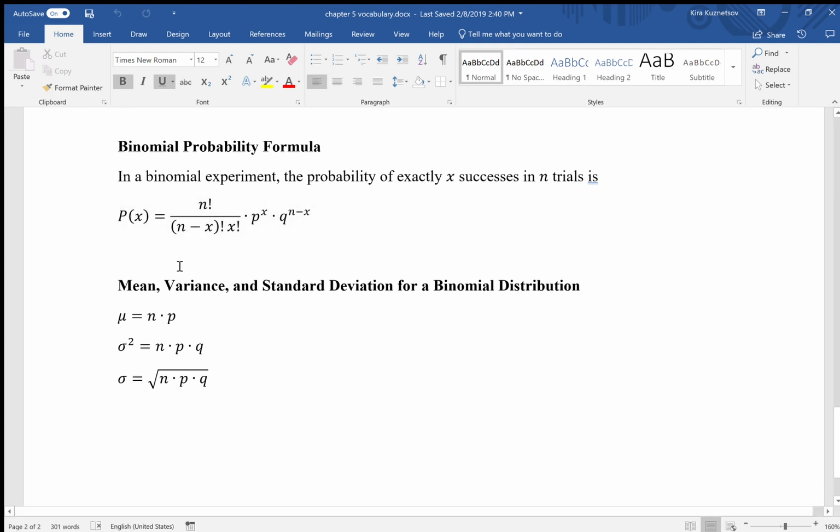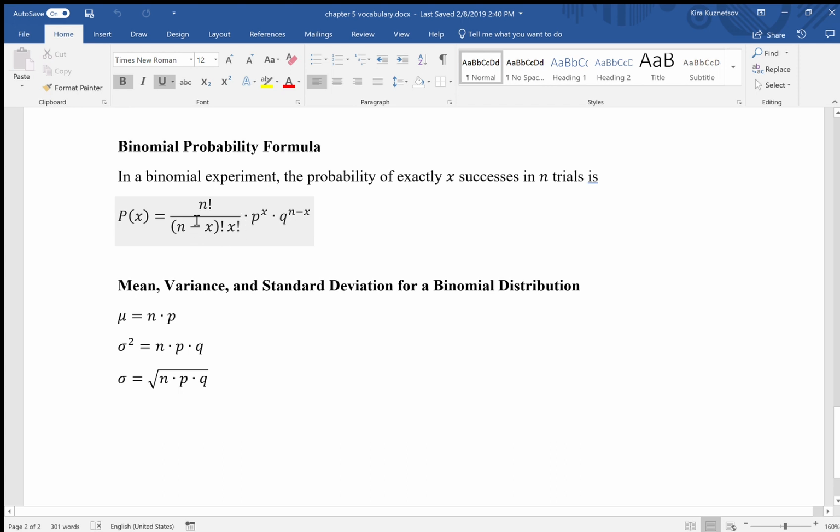This formula describes the probability of making exactly 2 shots out of 10 when you're trying to make that basket. The x is getting exactly the number of successes. So if I'm interested in making exactly 2 out of those 10 baskets, the 2 is going to be my x, and the n is the number of trials. So that's going to be my 10. The p and the q should be given to you. So if I have a basketball player that has like 80% chance of making a basket, this will be a 0.8, this will be a 0.2.